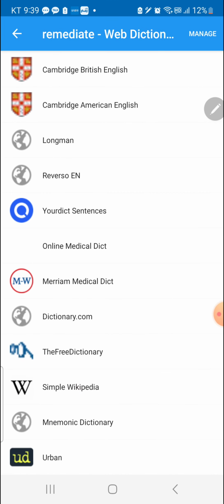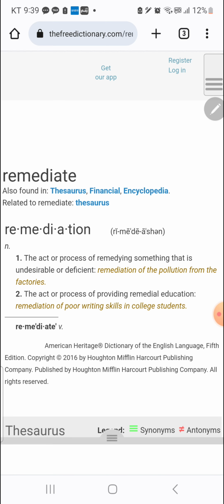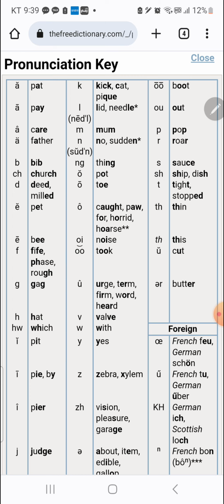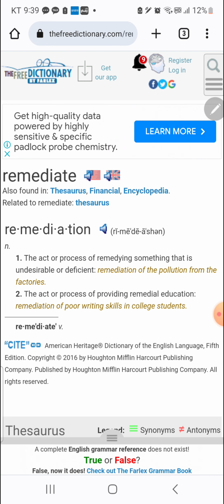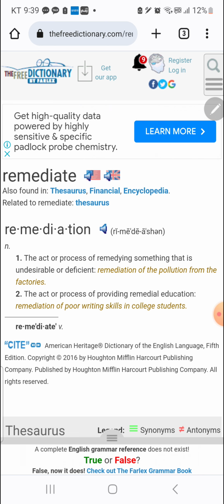Remediation: the act or process of remedying something that is undesirable or deficient, such as remediation of pollution from the factories.